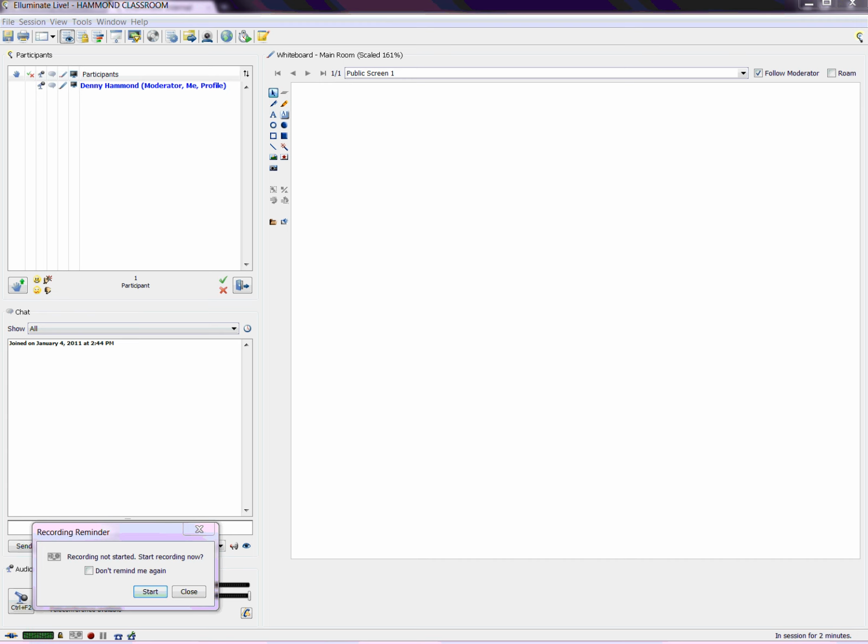Alright, so you know how to log into Elluminate and you actually know how to get to your classroom. Now, what you have to use in your classroom. One of the most important tools, obviously, is going to be your writing tool,